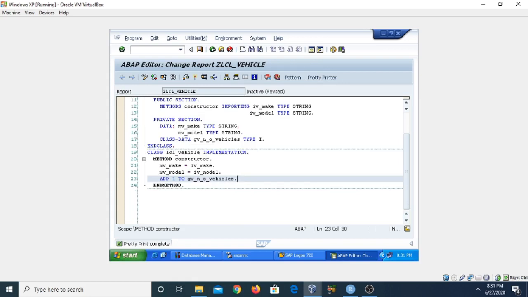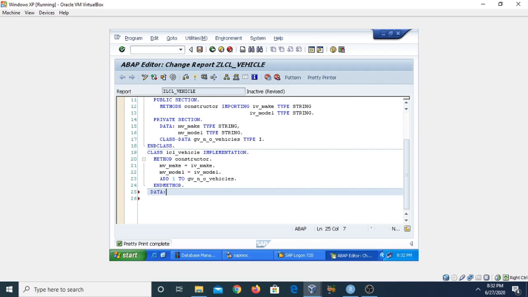So we have created the class. Now if you want to call the constructor, there is another characteristic: the constructor is automatically called when you create the object of the class. Generally we create the object using reference variables, and we create the reference variable using the data statement.